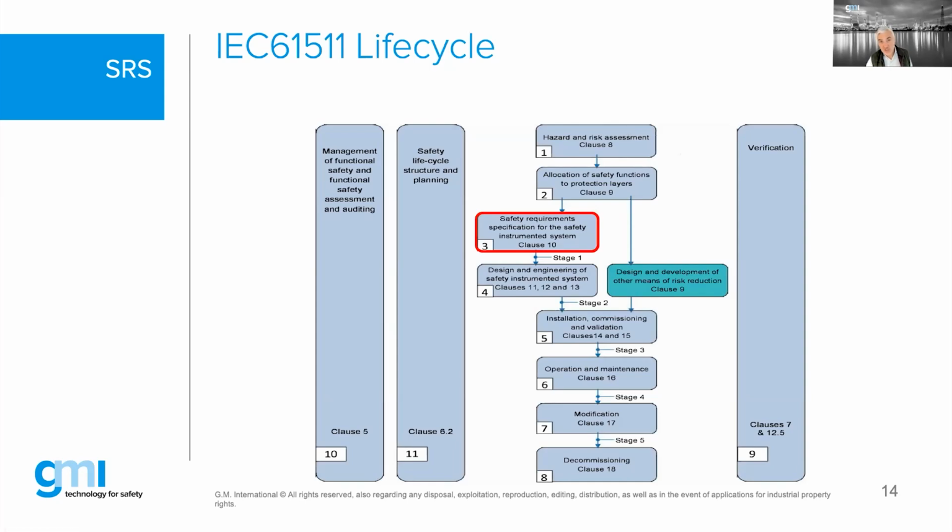And most of the projects use, in the second phase, a look at the existing installation and the existing control platforms. Can we use a certain existing system to reduce that risk so we can live in that process unit, or work in this process unit, without risking our life, simply speaking. That means once we know our tolerable risk, in our second phase we look at the allocation of specific safety functions to specific layers,